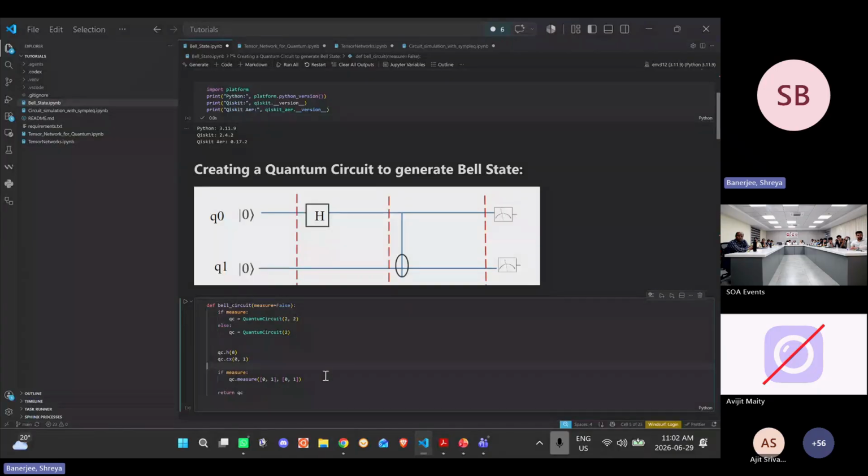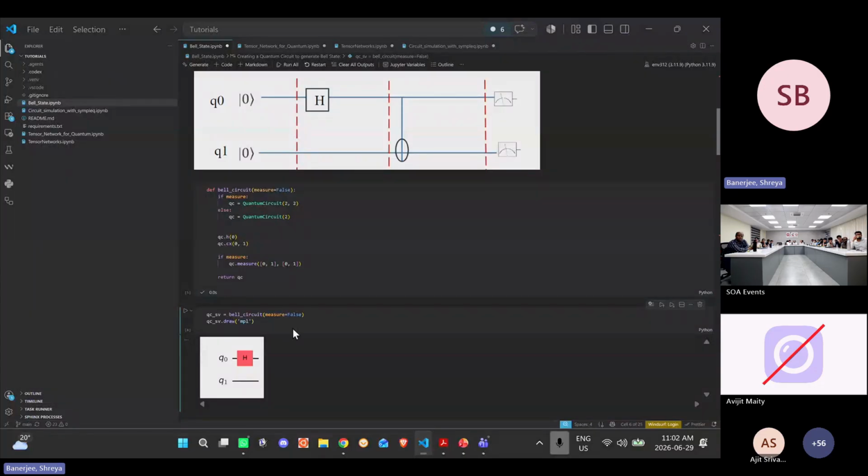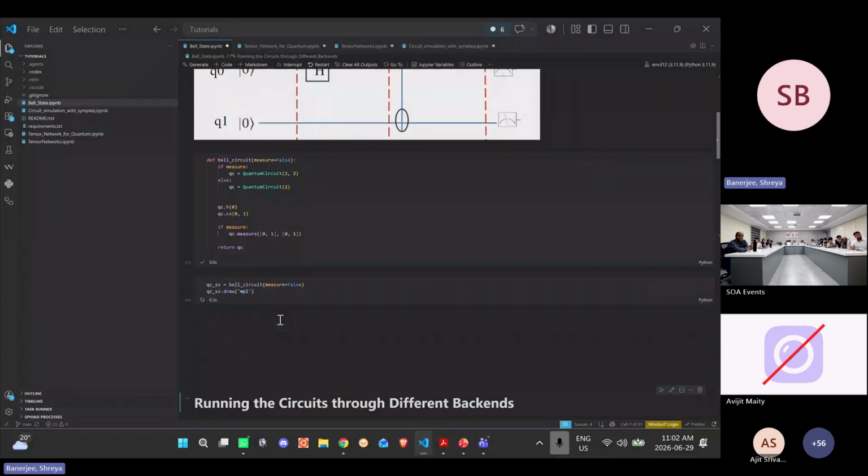This is Qiskit's own function to draw. So I am drawing the circuit here, and this is exactly what we have drawn by hand. And yeah, now, sorry, like I said, if we have built the circuit, how do we know that we have built